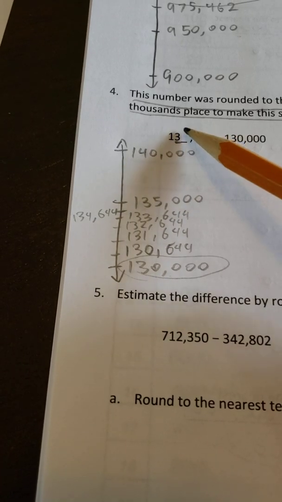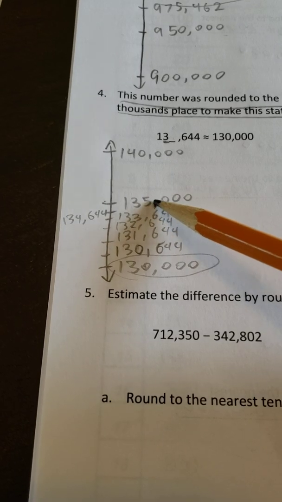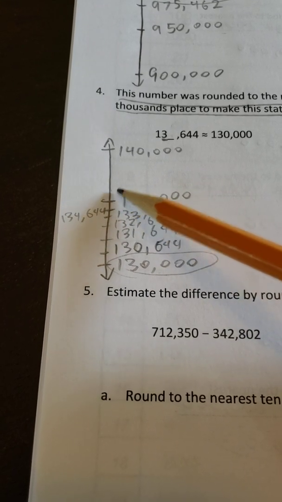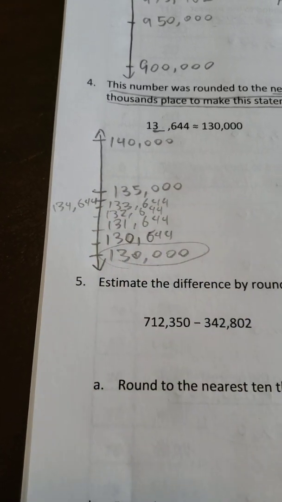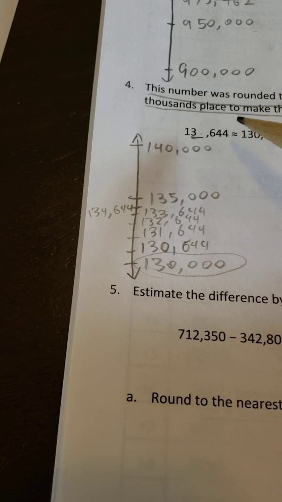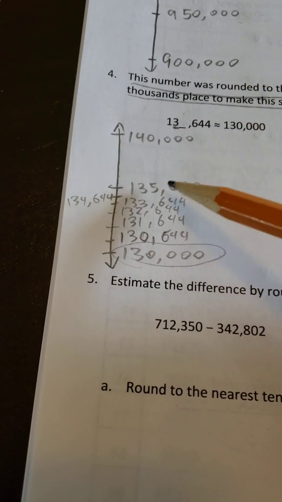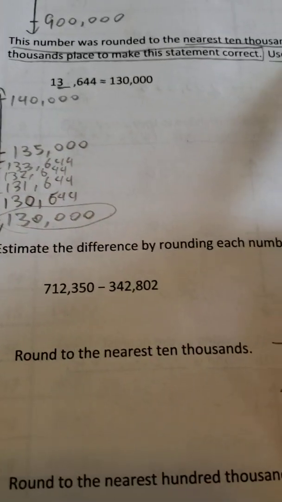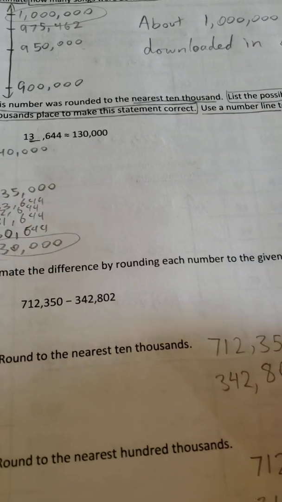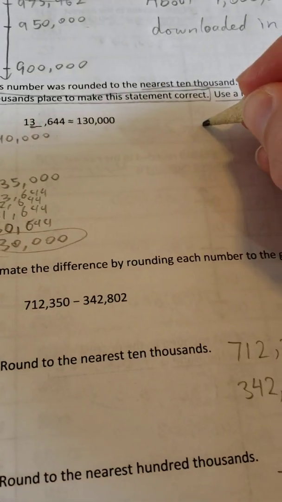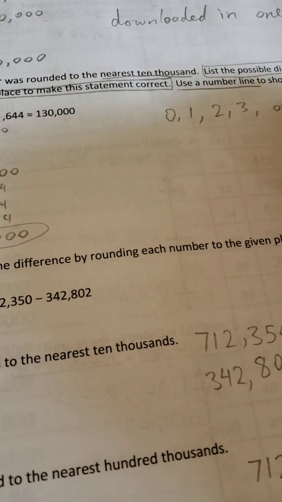If we put a 5 there, we made it 135,644. That would be above the 135,000, above the halfway mark, and it would start rounding up. But everything else, 0 to 4, is rounding down. If you remember your rounding rules, 0 to 4 round down, 5 and up round up. So, to answer this question, list the possible digits that could go in the thousands place to make this statement correct: I would say 0, 1, 2, 3, or 4